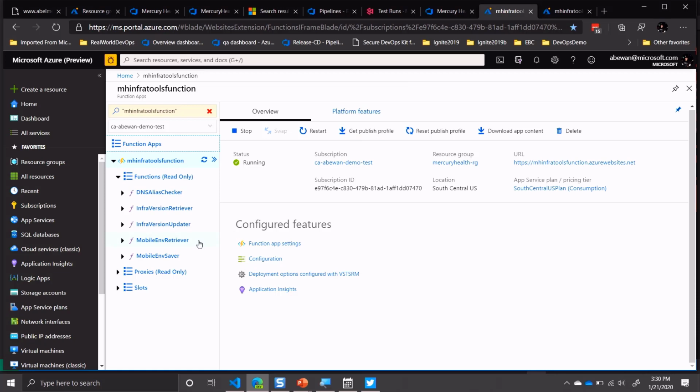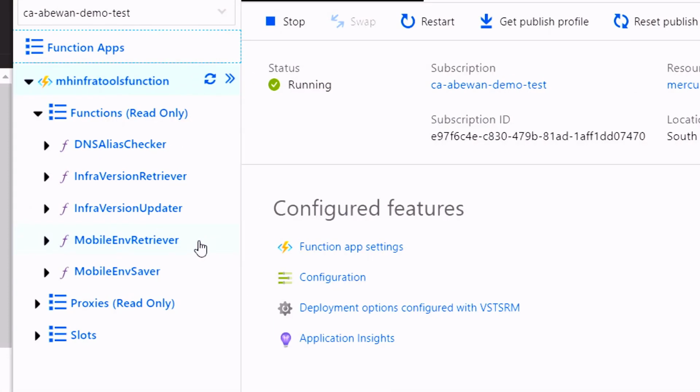Basically, it's a set of functions, and let me zoom in here so y'all can see. First thing I have is a DNS alias checker. Why do I need that? There is something that I am going to provision later that I literally cannot provision in Azure until the DNS that I want to use has propagated all the way down locally. Why? I don't know why. But this is some of that weird real-world stuff that you run into when you do stuff, right? And I'm just like, OK. So I need to be able to say, hey, this DNS name, what is the value? And is it the value that I want? And if it is, return back true. And if it's not, return back false. That's all my DNS alias checker does,